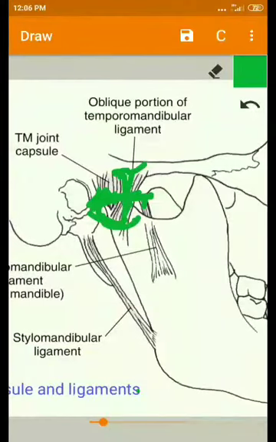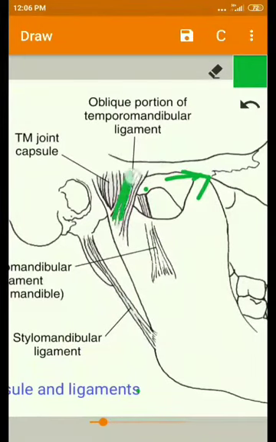It doesn't limit the anterior translation of the condyle. Only the rotation of the condyle is limited by this ligament. In the translation of the condyle, this ligament doesn't have any function, but it limits the lateral displacement of the condyle. So this is about the